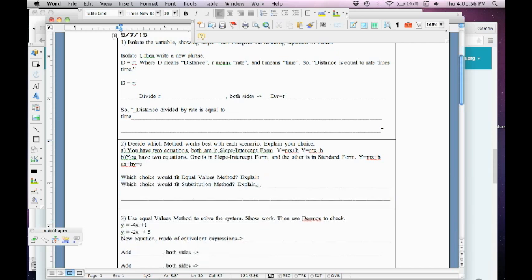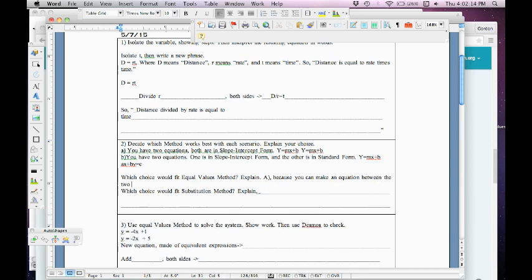So in other words, we would like A. And it's okay to put that because that's the way it's formatted. Why? Because you can make an equation between the 2 mx plus b